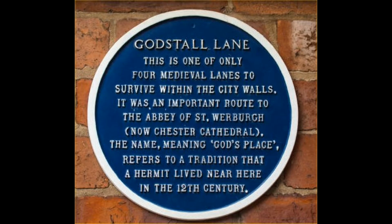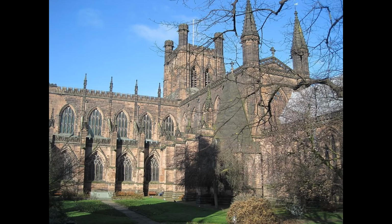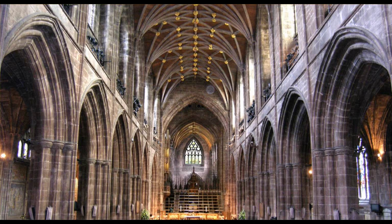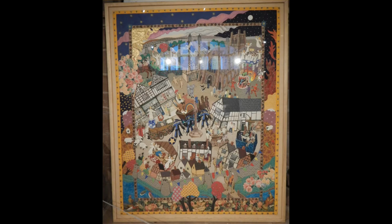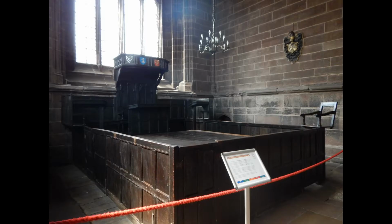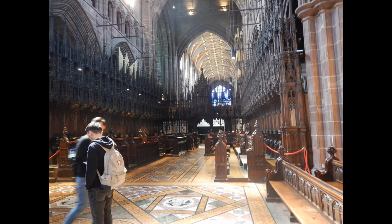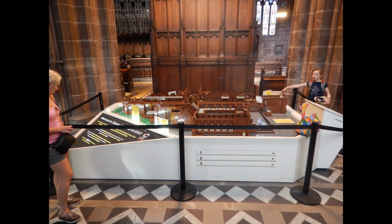After our bus tour, we visited Chester Cathedral, which dates from between 1093 and 1525. With plenty of English medieval architecture, it's a stunning building. Here's a sample of what we saw. The tapestry represents the Chester Mystery Plays, performed every 5 years. The courtroom is the oldest surviving example of an ecclesiastical court. There's a monument to the first Duke of Westminster, 1902, Chester Cathedral in Lego,